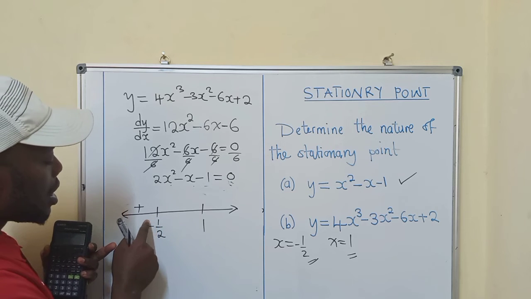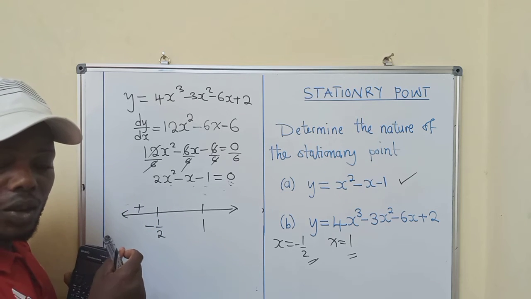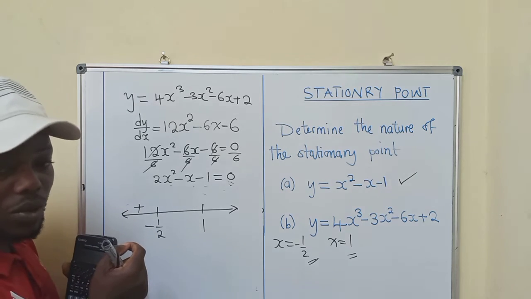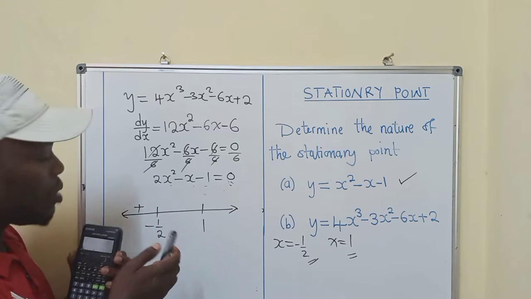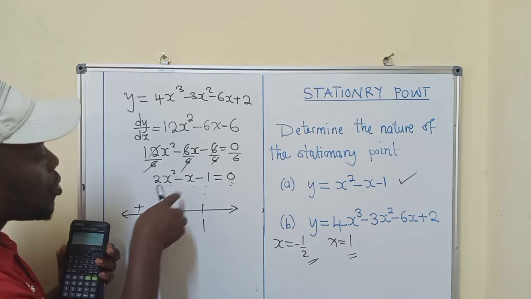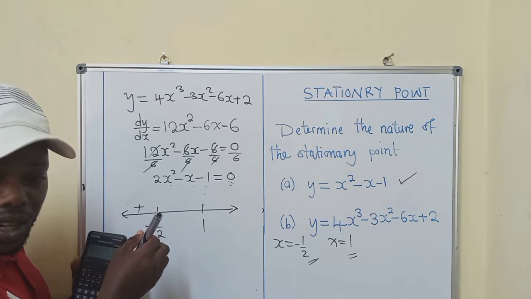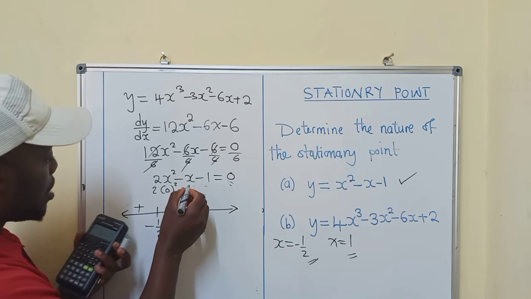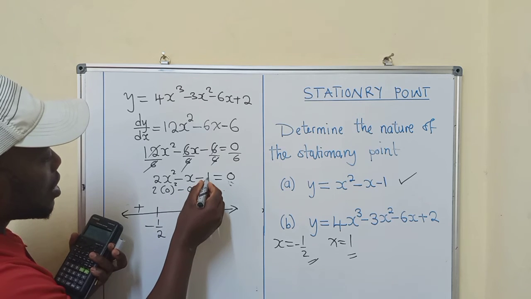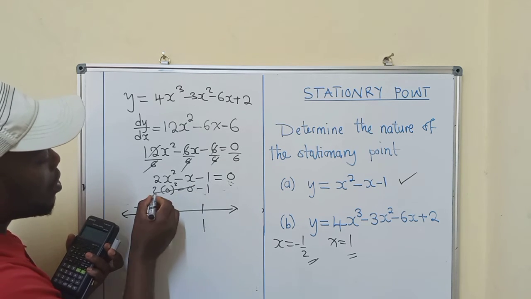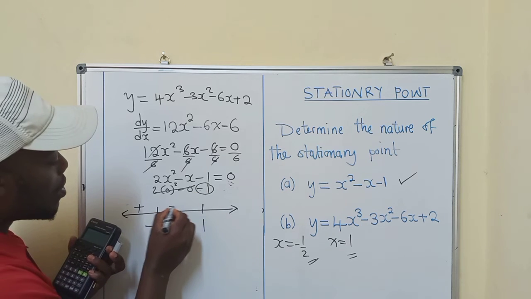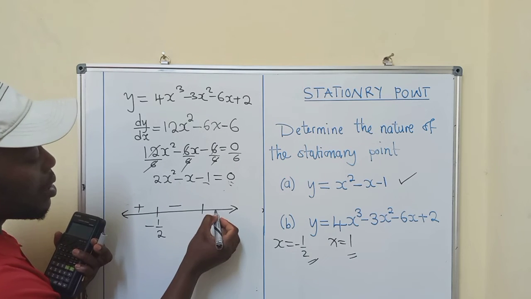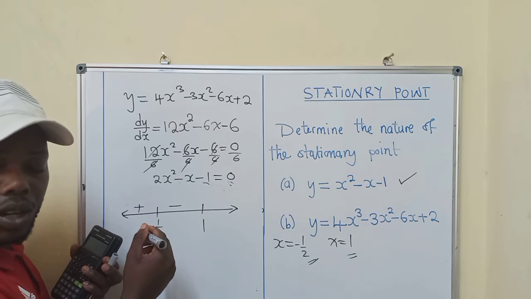Check the number that is between -1/2 and 1. What number can we pick? Any number between -1/2 and 1. We can pick a 0. So if we put a 0 here, what answer are we getting? -1, isn't it? Because if you put a 0 here and a 0 here, these will remain with the -1. So it's negative. The same thing, we come here now, pick a number from 1 going up,